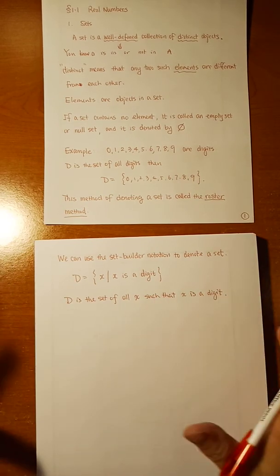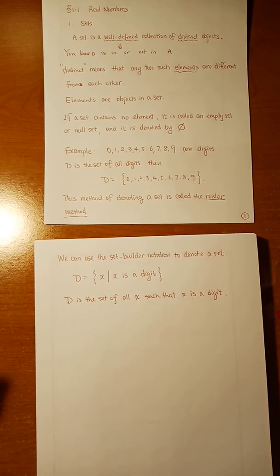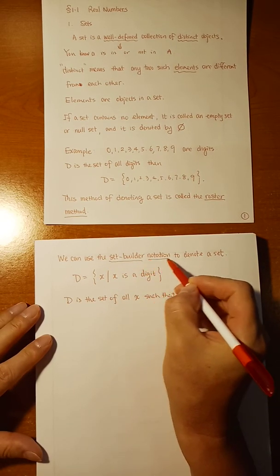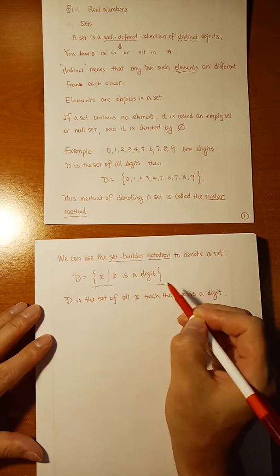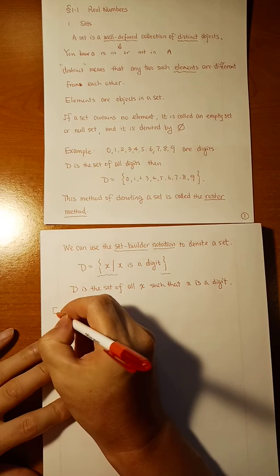So that's how we read it: D is a set of all x such that x is a digit. All right, so this is the so-called set builder notation. The set builder notation. Okay, so for example,